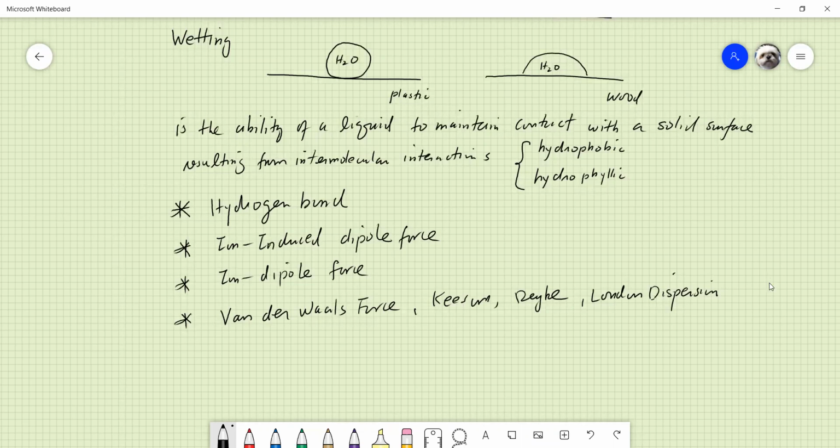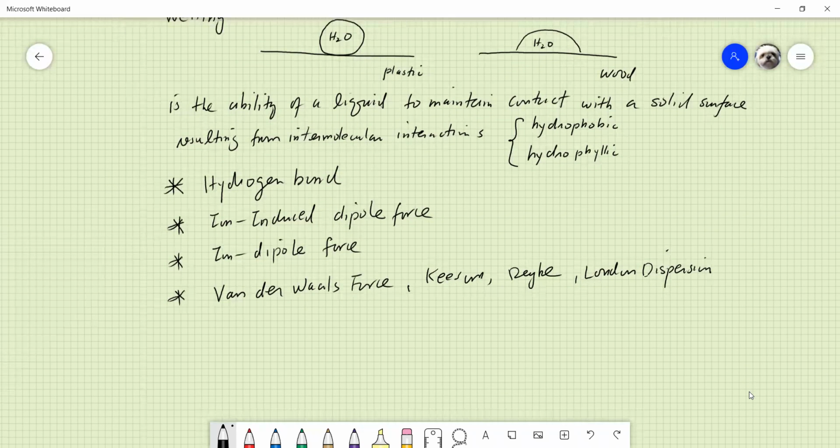Now the degree of the wetting, how the liquid can wet the surface, we call the degree of wetting. We call the name of that the wettability, or its degree of wetting. Now, this degree of wetting, or the wettability, is determined by the force balance between the